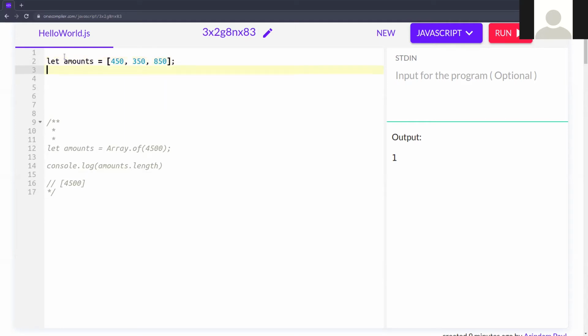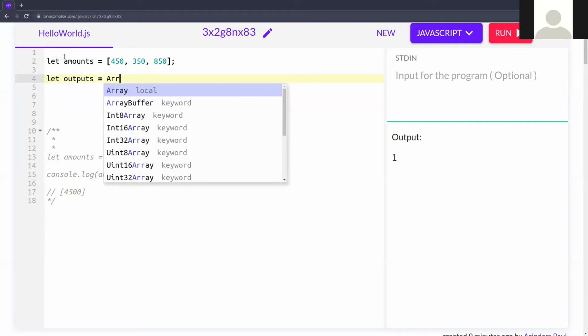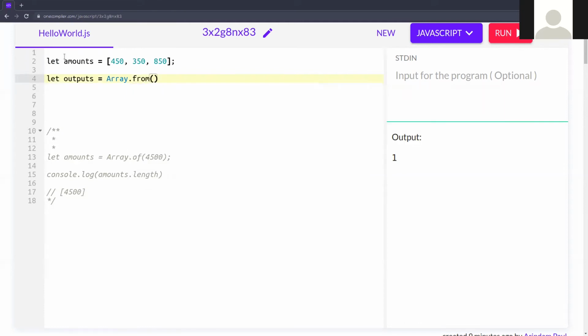Okay, now let outputs equal to Array dot from. So what will it return?